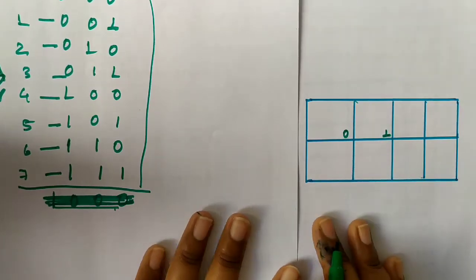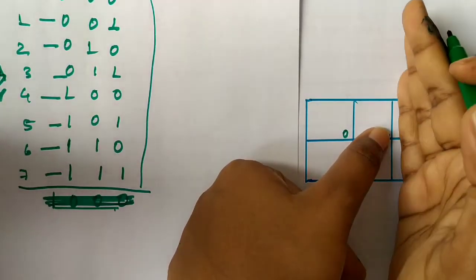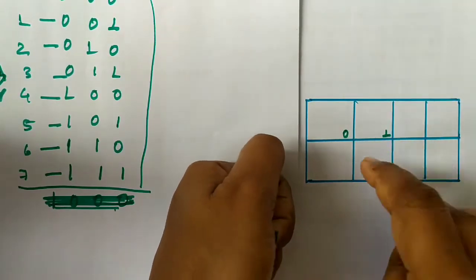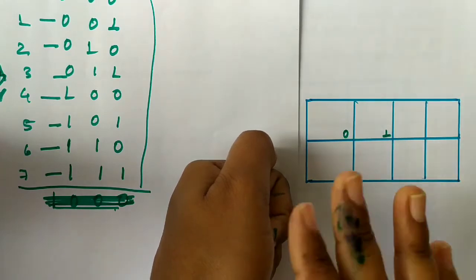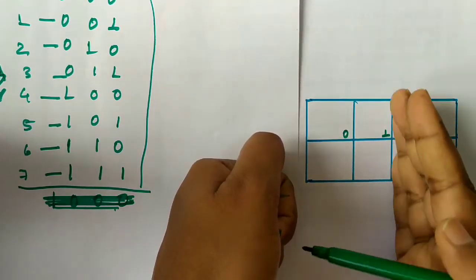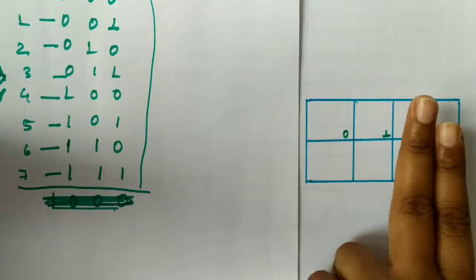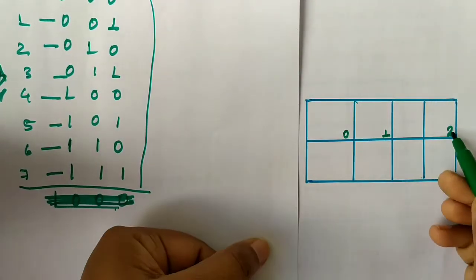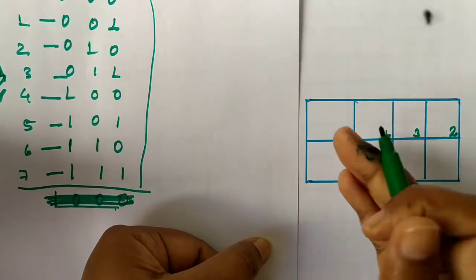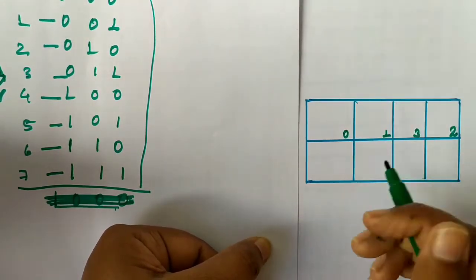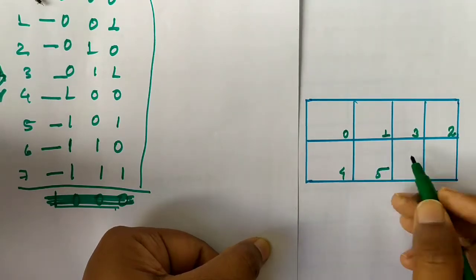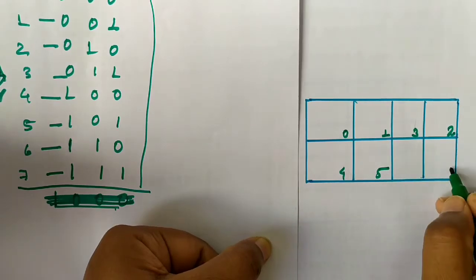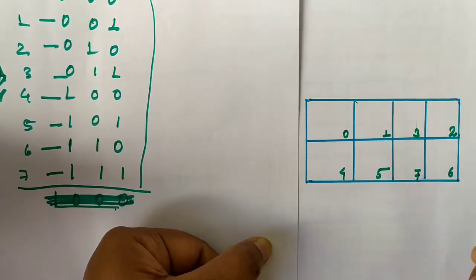For the K map, after 1 skip the third column, also the third row, but in this way only two rows, not a third row. So only skip the third column. So skipping the third column 0 1, so here we write 2. After 2 here we write 3, 0 1 2 and 3, then 4 5, then skip the third row, that jumps to the next, that is 6, and this is for 7.